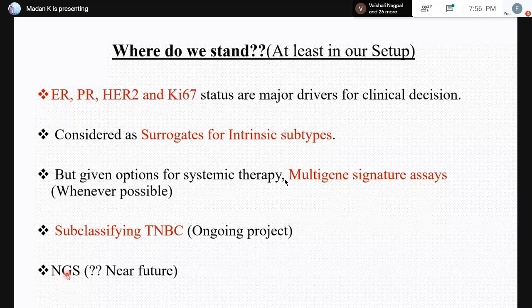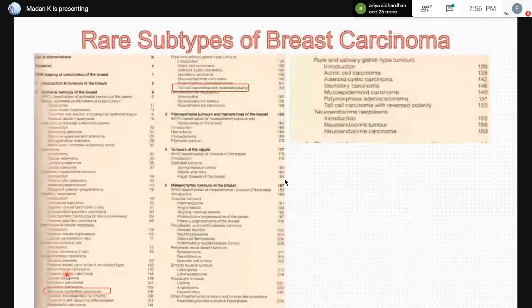So coming to the second part of the talk, that is rare subtypes of breast carcinomas. The term rare subtype is a little subjective here because the most common carcinoma of the breast is invasive duct carcinoma, and then we have special types. So what I'll do here is limit my talk only to the new entities and also the rare